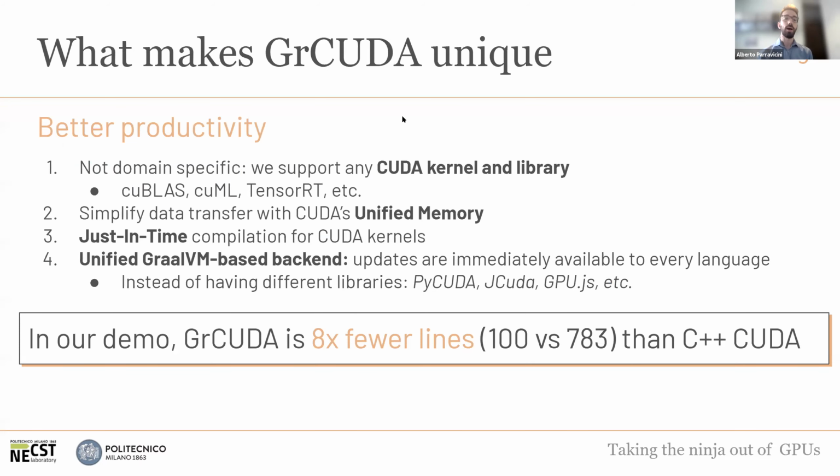So overall, the main strength of GrCUDA is that it really offers much better productivity. It is not domain specific, so it's not just, for example, for image processing, but you can use it for any kind of CUDA computation. And we already have support for libraries such as cuBLAS, cuML, and more. You don't have to worry about managing data because that's also something we can do for you. And you don't have to worry about compiling the code